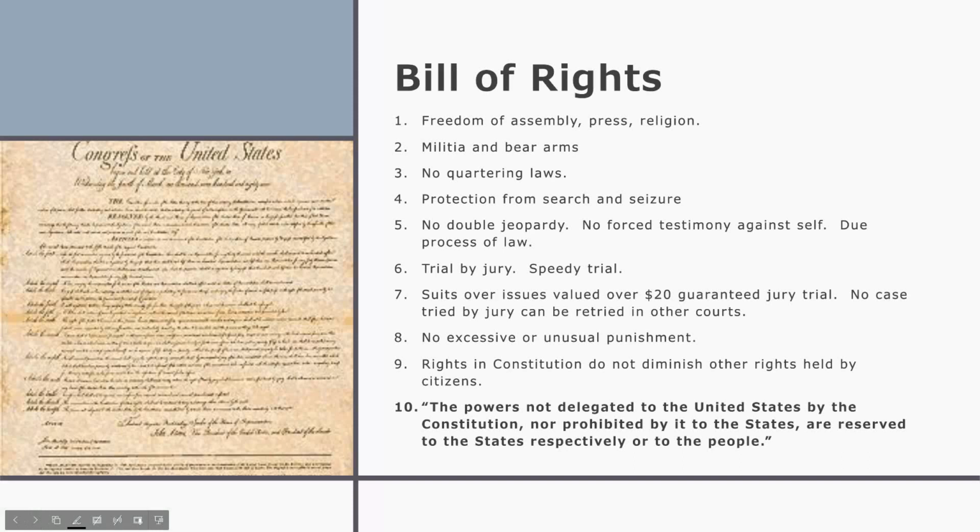In the end, it was embraced, it was accepted, and one of the first orders of business when the new Congress met was that they drafted the Bill of Rights. So they met in the Old City Hall of New York City, 1789. Washington was unanimously elected the president, and James Madison architected the Constitution. Future president of the United States of America sat down to this monumental task, and I say monumental task because